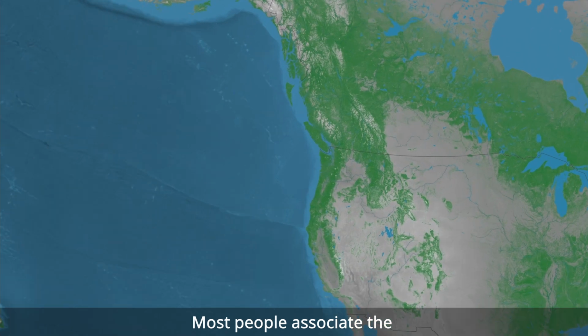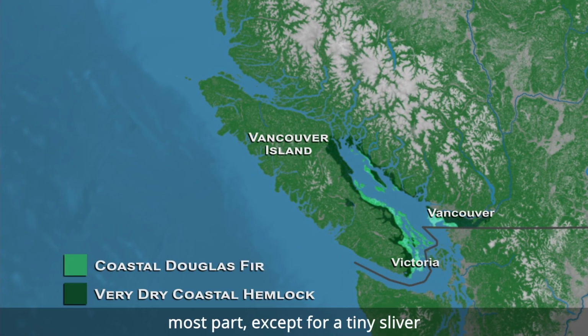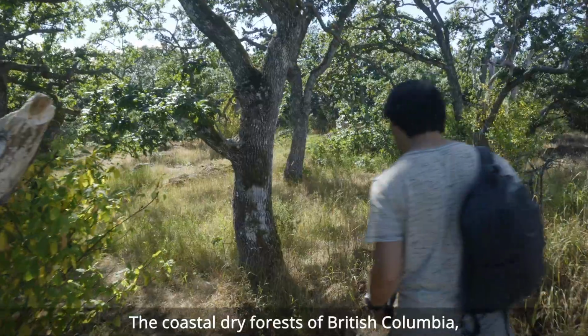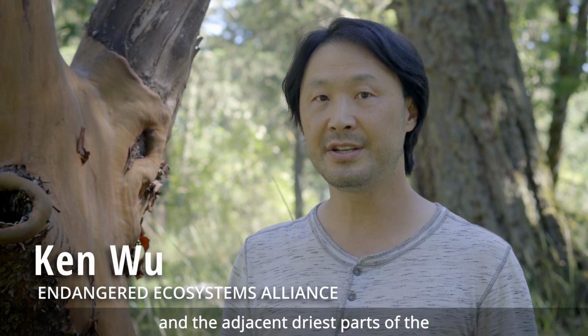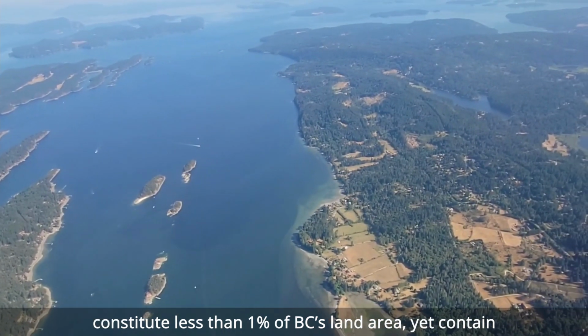Most people associate the west coast of BC as being a wet temperate rainforest, and they're right for the most part, except for a tiny sliver of land on southeastern Vancouver Island, in the Gulf Islands, and on small parts of the mainland coast. The coastal dry forests of British Columbia, that is the coastal Douglas-Fir ecosystem, and the adjacent driest parts of the coastal western Hemlock ecosystems constitute less than 1% of BC's land area, yet contain the greatest